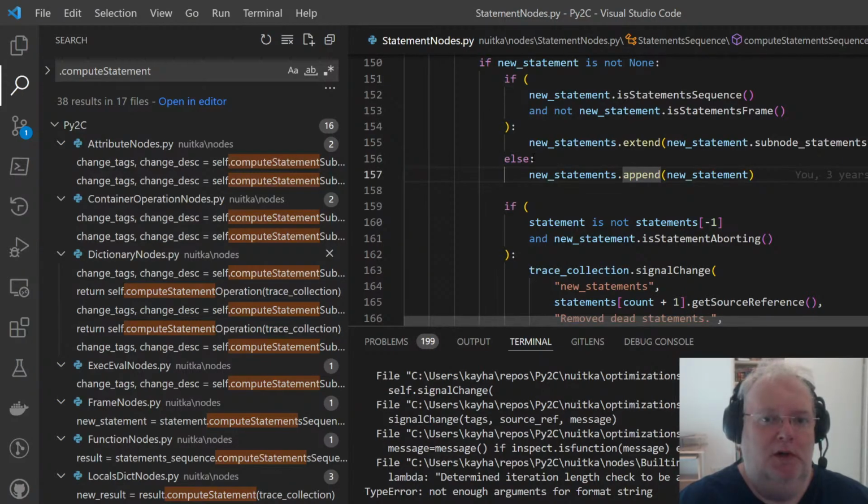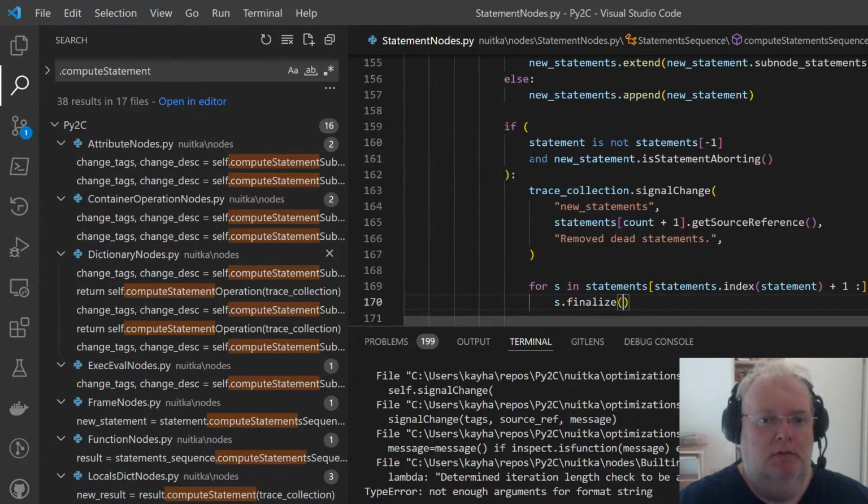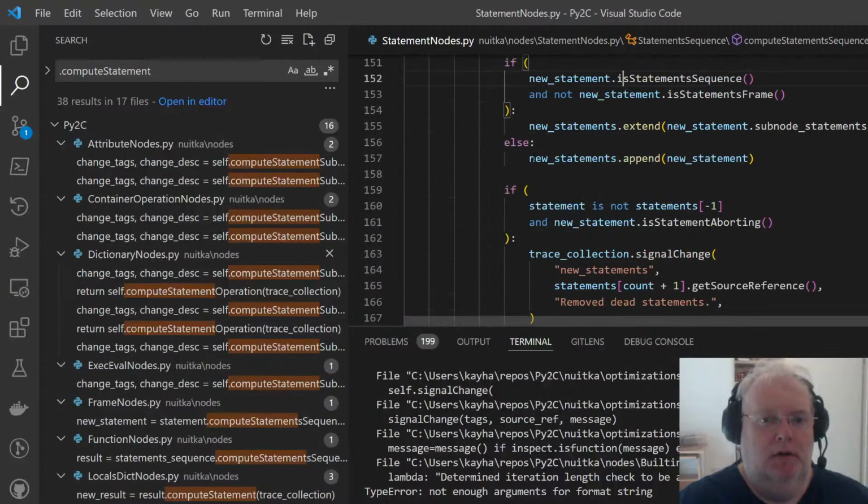I'm wondering why I am building a statement sequence. Why do I not allow myself to just be a tuple? Because I am throwing away, at least if the statement is not the last one, but the new statement. Am I using new statement again?